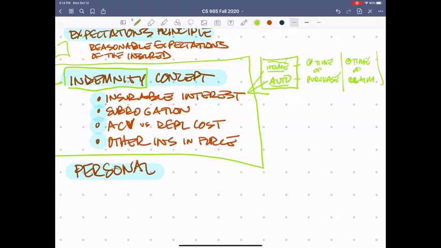Now, what's weird is if we're talking about life insurance, and you think about an insurable interest for life insurance, you have to have an insurable interest at the time of purchase only. You do not need to have an insurable interest at the time of the claim. And there are